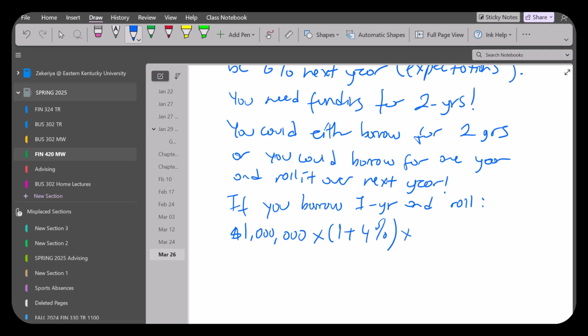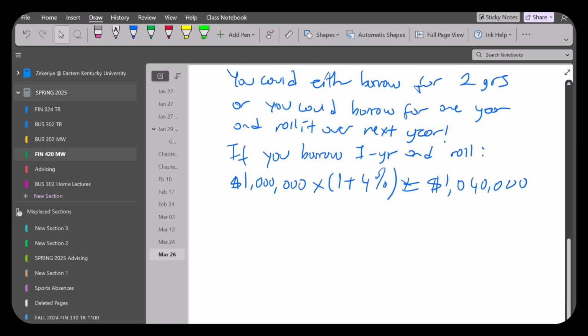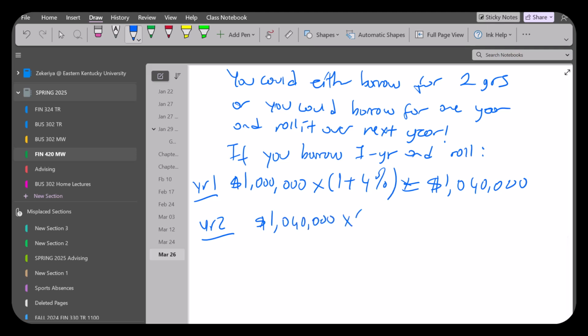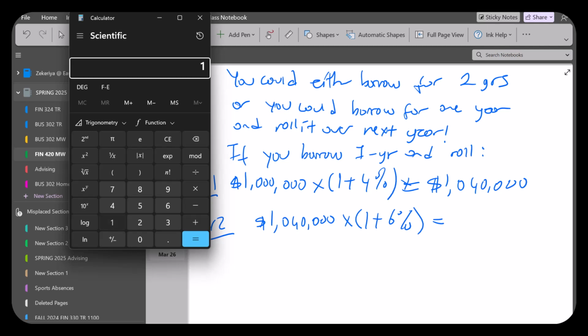You're going to have to refinance 1,040,000. But next year, this is year one,